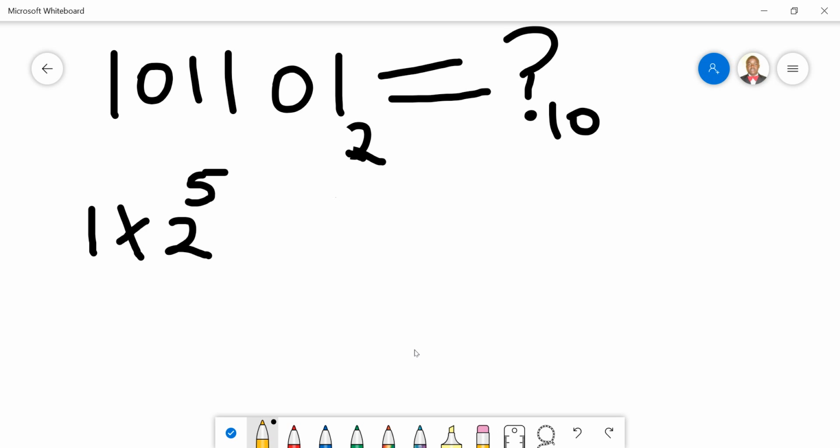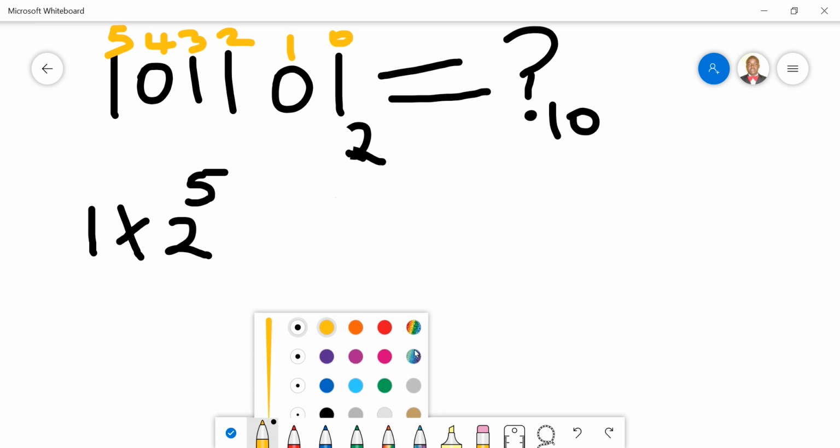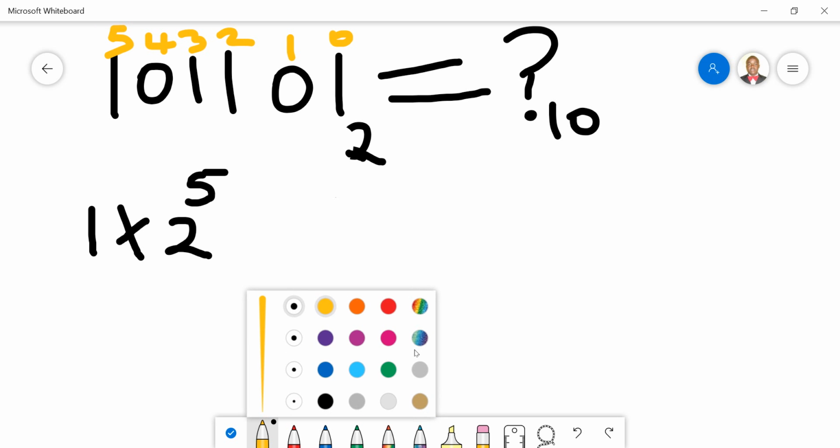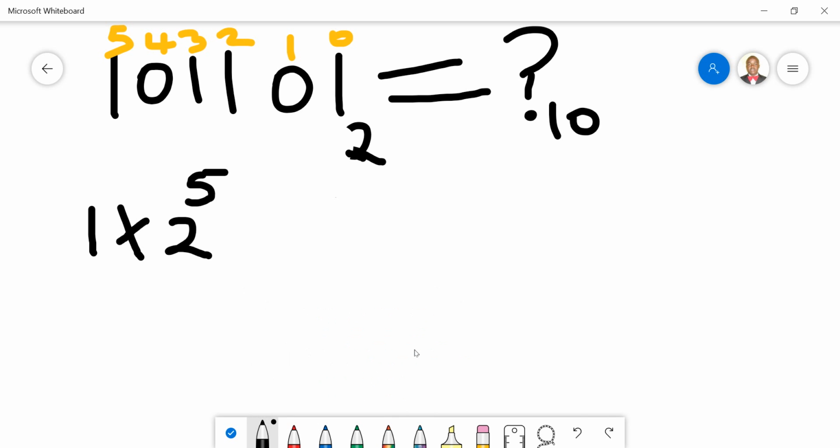The first one is 0, and this one is 1, this one is 2, this one is 3, this one is 4, and this one is 5. So now the last digit is 2 to the power 5. So we say 1 multiplied by 2 to the power 5